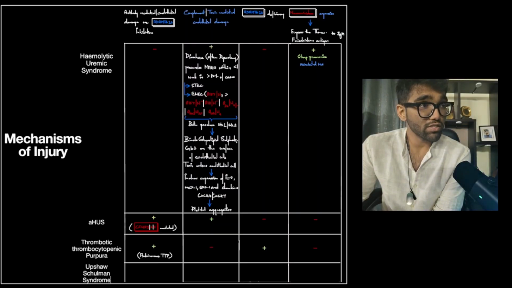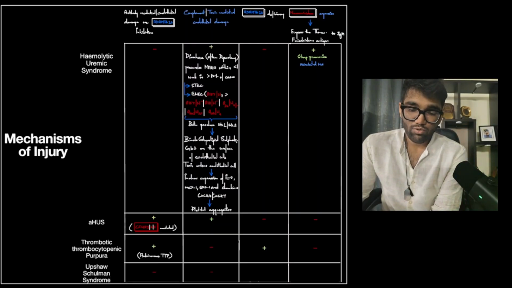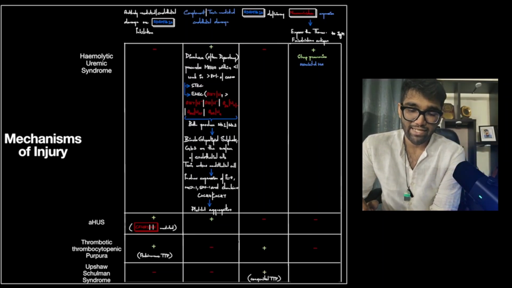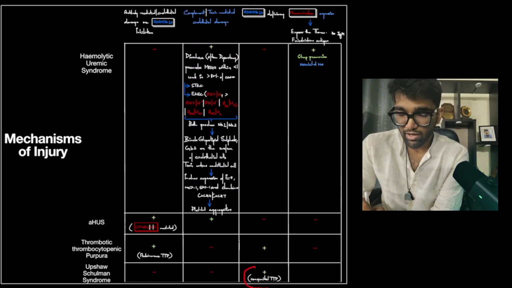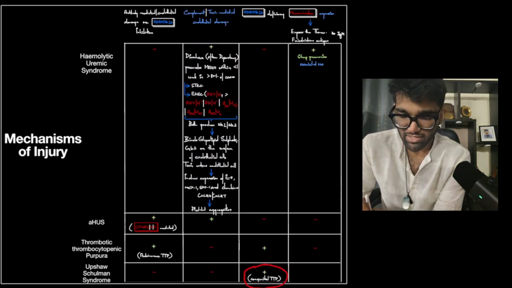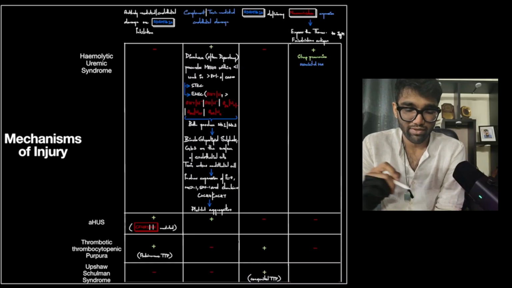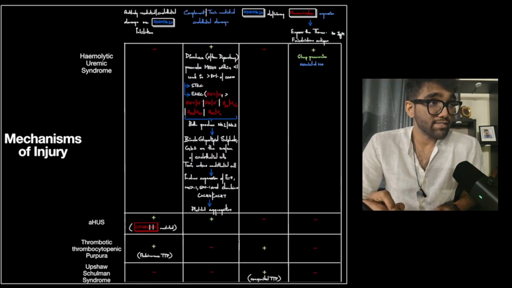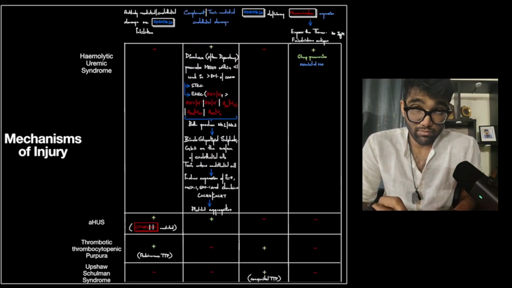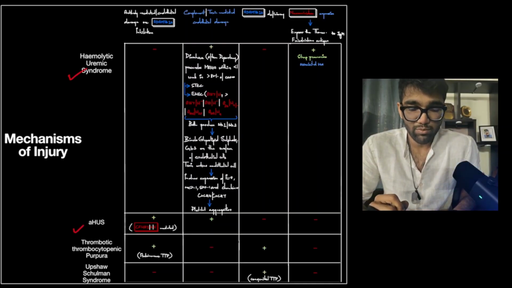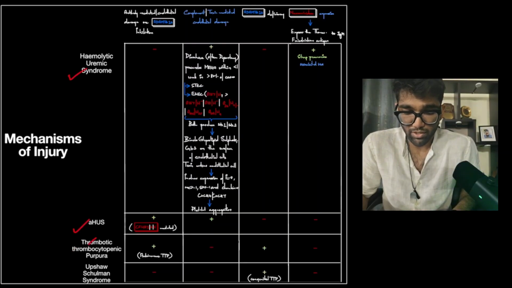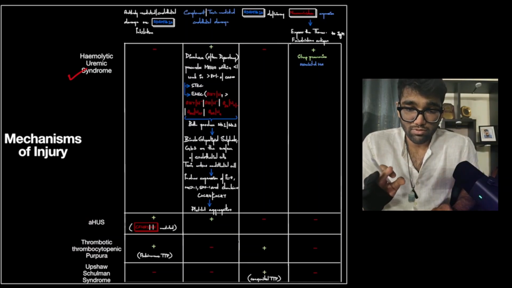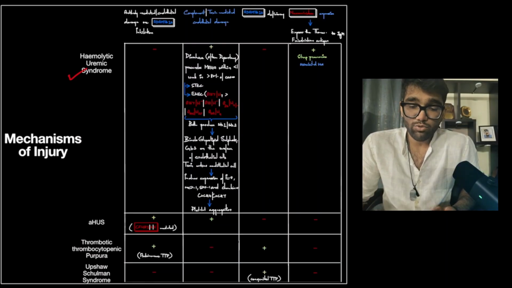Now, finally, we have something known as the Upshaw-Schulman syndrome. Now, Upshaw-Schulman syndrome is also called congenital TTP. Okay, so this is basically a genetic deficiency in your expression of ADAMTS13. It's the same as this. Okay, there's no difference. I've just shown it separately because I wanted to tell you the name of the diseases. Okay, and so that's our three entities that come under microangiopathic hemolytic anemia. That is hemolytic uremic syndrome, atypical hemolytic uremic syndrome, and thrombotic thrombocytopenic purpura. Okay, thrombotic thrombocytopenic purpura has prominent thrombocytopenia, very minimal or relatively minimal azotemia,